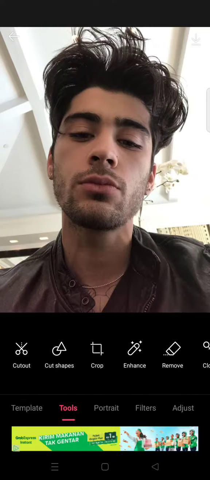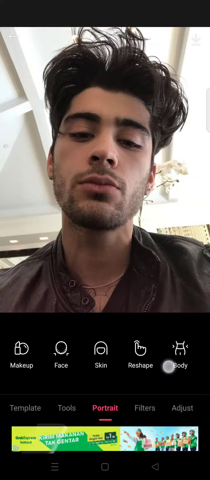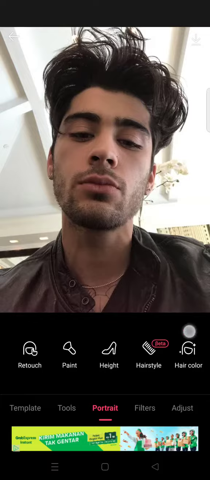On today's tutorial, I'm going to show you how you can change your hair color in a photo using the EPIK photo editor. So I've already opened the EPIK app and imported a photo, and it's basically just so easy. If you want to change your hair color, just go to the portrait menu and then swipe until you find the hair